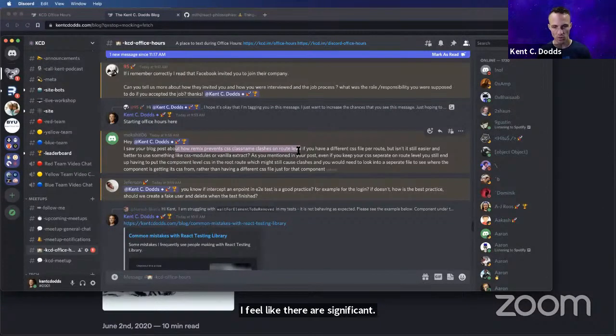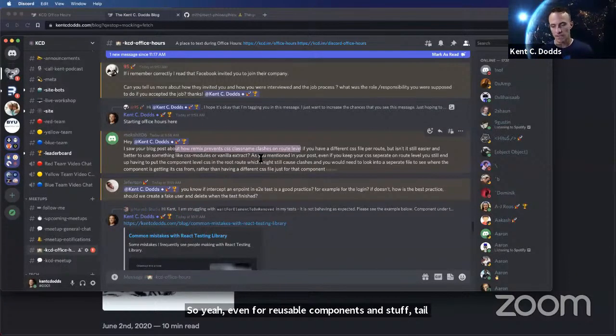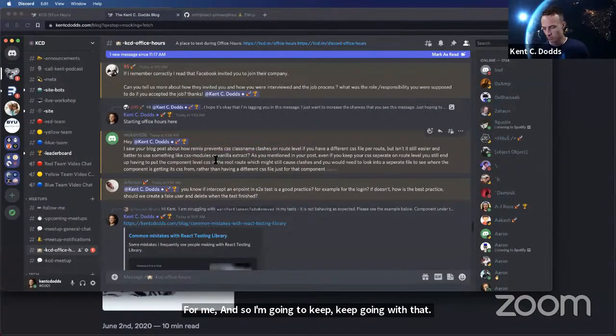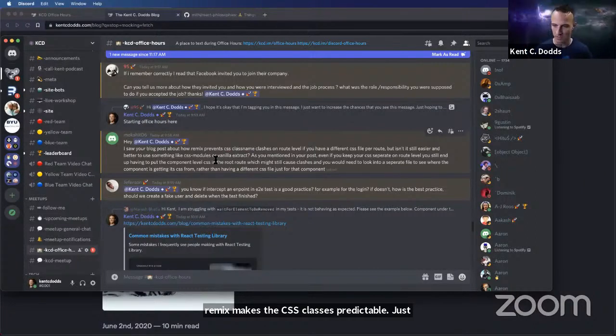I'm happy with Tailwind. So even for reusable components and stuff, Tailwind is awesome for me, and I'm going to keep going with that. And then for one-off stuff, the fact that Remix makes the CSS clashes predictable is awesome. I'm really happy with that.